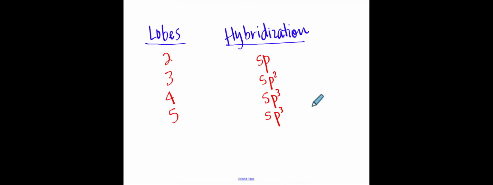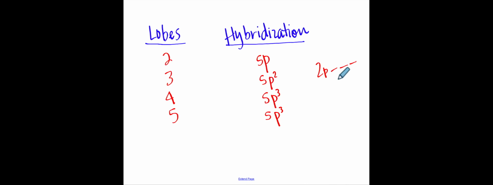So here are all the different options. We're going to talk about the number of lobes that you're going to see on a picture, and then we're going to figure out what kind of hybridization it's going to have. And this information is going to be on the chart. If it has 2 lobes, which is the smallest amount, it has 2 orbitals, so it goes S and then P. If it has 3 lobes, there's going to be an S orbital and then 2 P orbitals. If it has 4 lobes, there's going to be an S orbital, 3 P orbitals, and then if it has 5 lobes, we're going to have an S lobe, 3 P lobes,